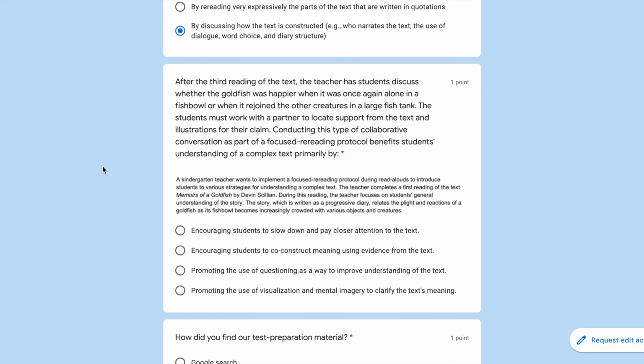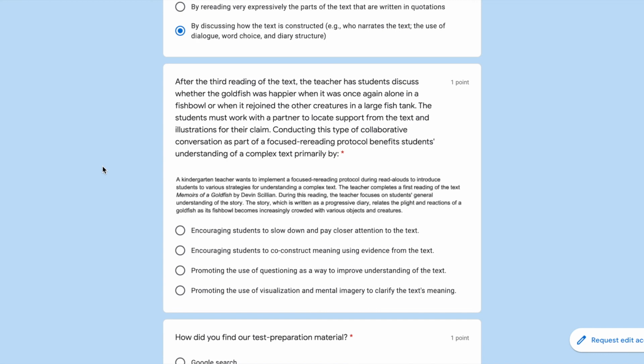The next question here, it asks, after the third reading of the text, the teacher has students discuss whether the goldfish was happier when it was once alone in a fishbowl or when it rejoined the other creatures in a large fish tank. The student must work with a partner to locate support or evidence from the text and illustrations for their claim. Conducting this type of collaborative conversation as part of a focused rereading protocol benefits students' understanding of